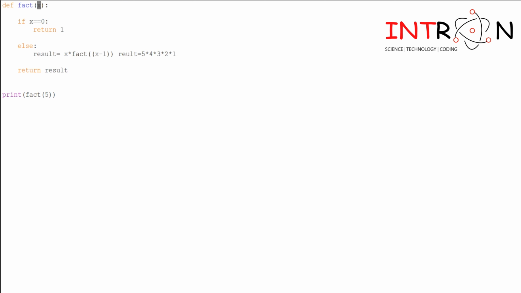So now x is 0 and this condition gets satisfied, and in this condition we are returning just 1, and our recursion ends here. We have returned 1. So now our program stops, and all these multiplied values will be stored in the variable result, and finally we are returning that result, and it is being printed here.